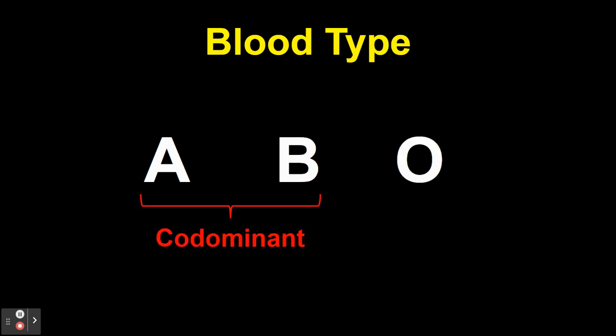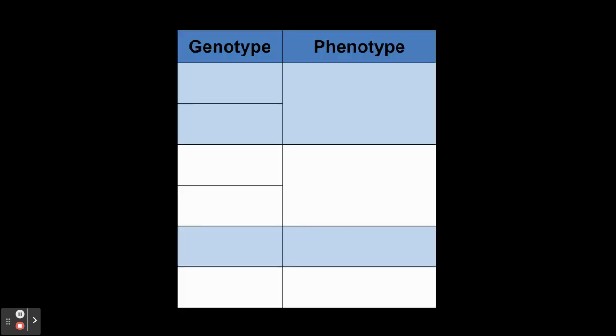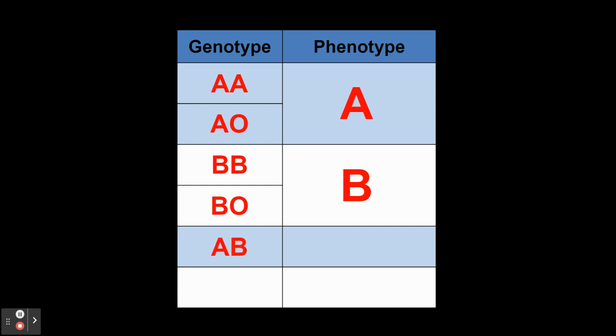And then finally, blood type, we have the A, B, and O alleles. So remember, A and B are codominant, which means they both can show up. And O is recessive, which means it only shows up if there's two of them. So the genotype and phenotypes, AA and AO, both give you blood type A because O is recessive. Same thing with B. AB, they both show up, so that's a different blood type. That's AB. And OO gives me blood type